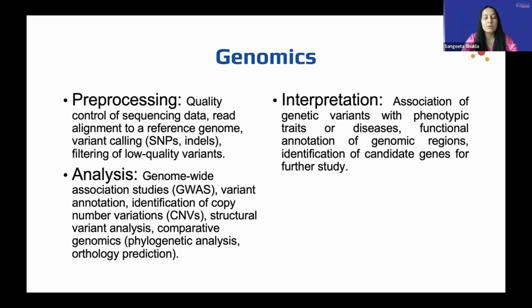And once you have that, what you can do with this data is run what are known as genome-wide association studies, or just annotating the variants across the same species in different health states, or across species on genes which have the same function, or understand the differences in the copy number variations, because sometimes in different individuals, in different ethnicities, it's possible that the same gene may have different copy number variations, or also these variants could be structurally different,